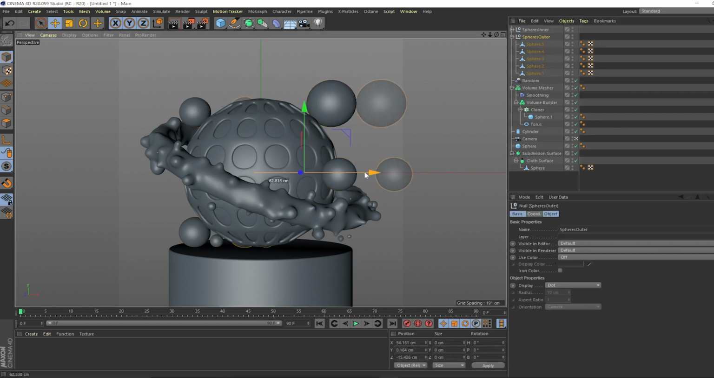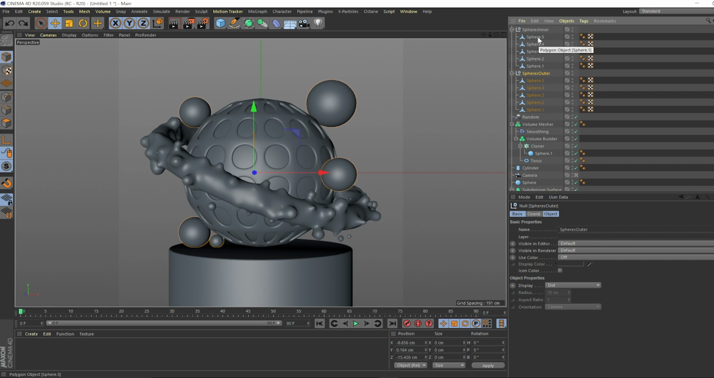Let me make sure that works. Yep, so these are in X-ray mode, and the only reason why they don't look like it is because the inner spheres currently aren't. But because these things are editable, I think we can highlight all of these things, and